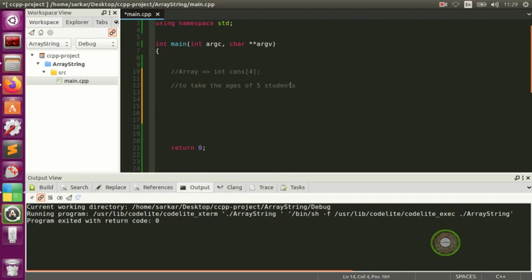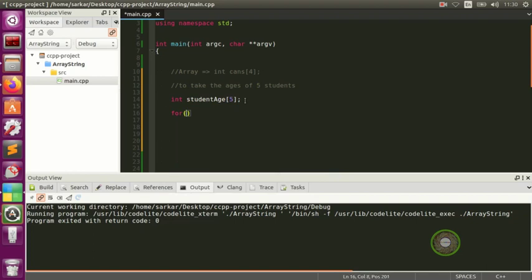We put an int, because we're taking the age, and name it student age. So we declare the array with size 5. This is our data type, which is int, this is the name, student age, and this is the size of the array, which is 5. Then we put a for loop,